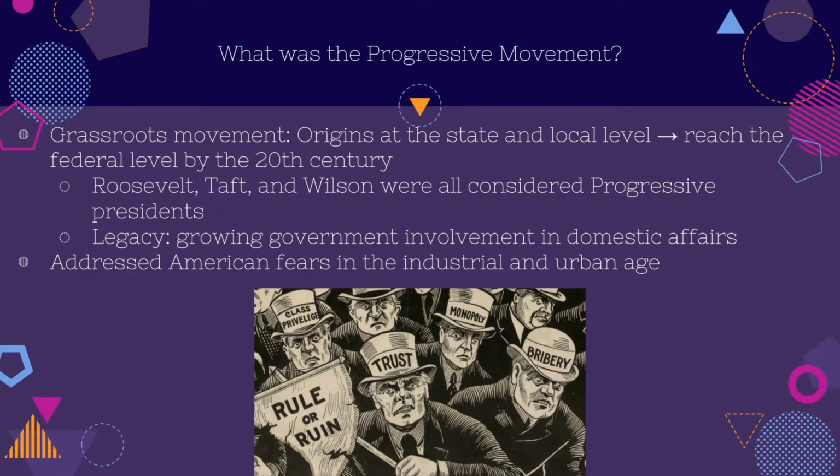All right, so let's get into the meat and potatoes of the unit, right? Let's talk about the progressive era, because that's really the bulk of our study when we're talking about reform. All right, so in any event, it was in many ways seen as a grassroots movement, although when it came to actual and lasting change, in many ways that had to happen more at the government level. But we'll see ways in which the legacies of progressivism live on largely through the people when we finish up this video series at the end, right?